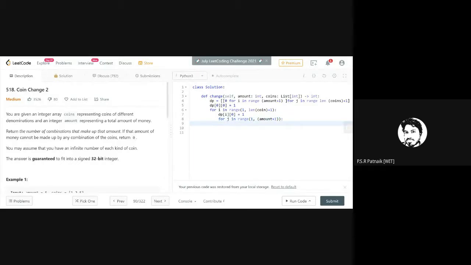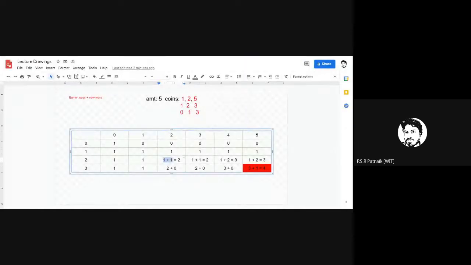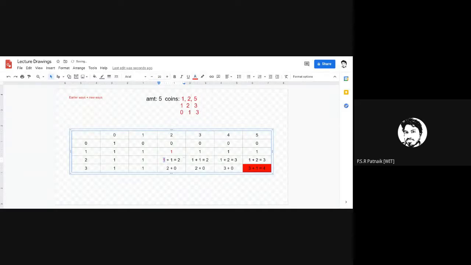Right? Okay. Once you are within that, what do you need to calculate? You need to calculate the value for dp of I and j. So how do you calculate dp of I and j? At any cell, how do you calculate the value? The previous value. Let me highlight and show you the previous value, and the one which you get after subtracting this.